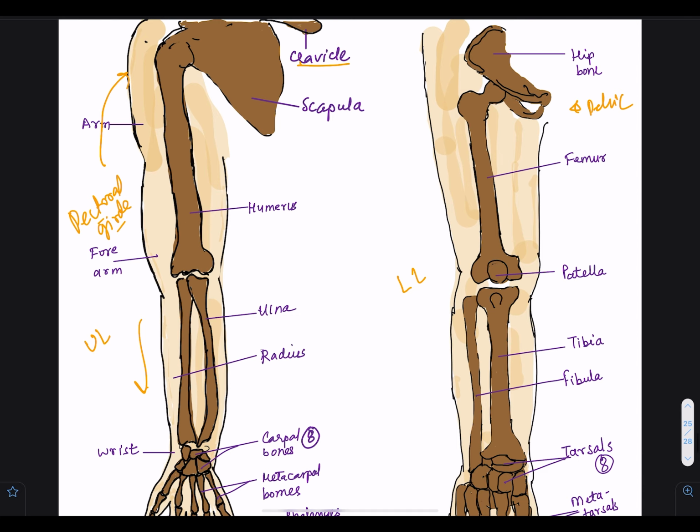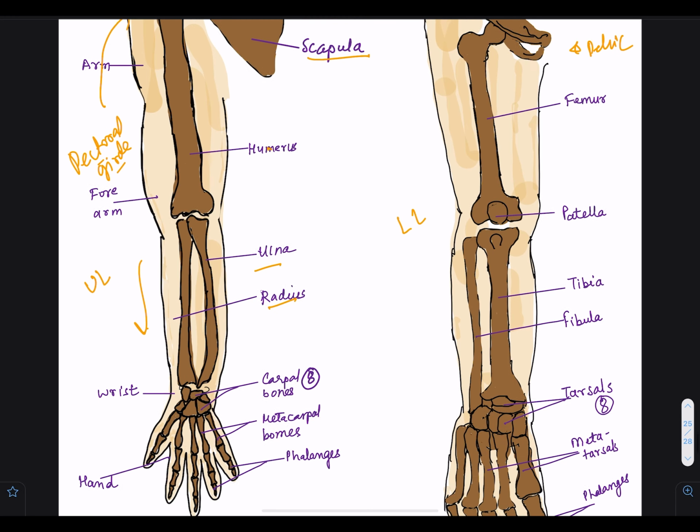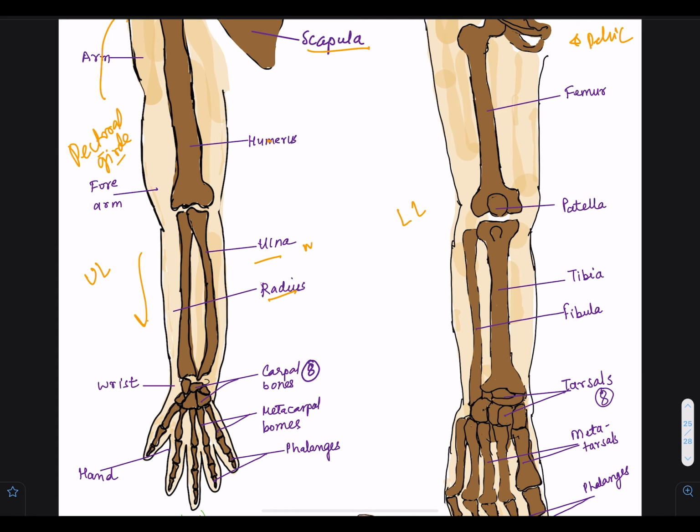We can see a part of the clavicle or the collarbone here. Half of it is visible. This is the scapula, humerus, ulna, radius. And this is the medial side of the forearm. This is the lateral side. How do we decide? Because the thumb is pointing to this side, and this will obviously be the lateral side. Ulna is always the medial bone. We can see the 8 carpal bones very clearly here. Then there are the metacarpals. These long ones are the metacarpals. Then the phalanges, 1, 2, and 3, they are the phalanges.